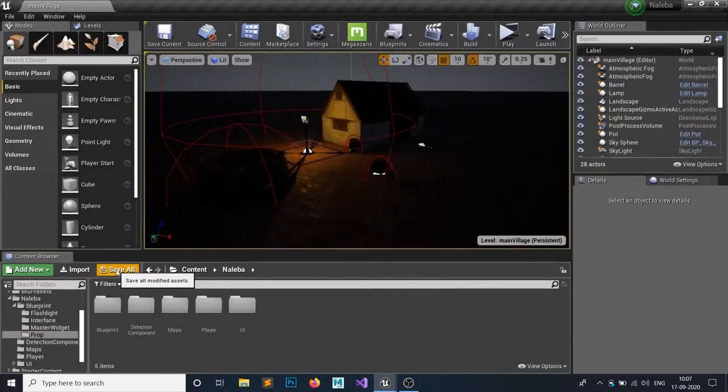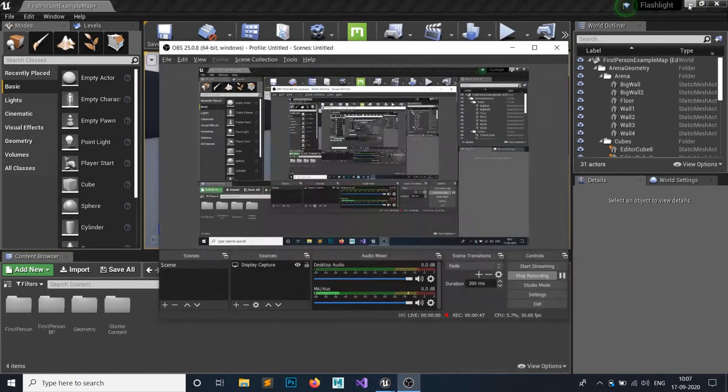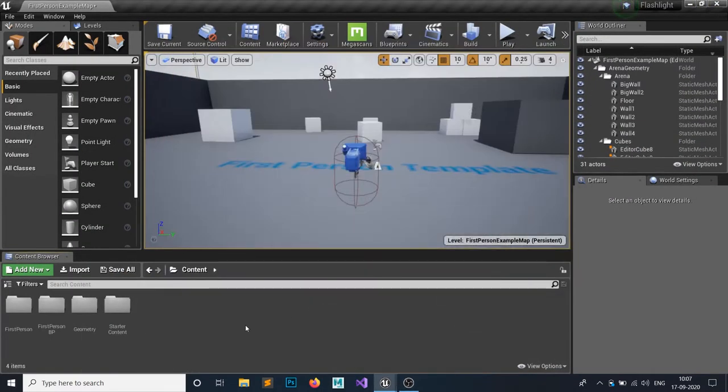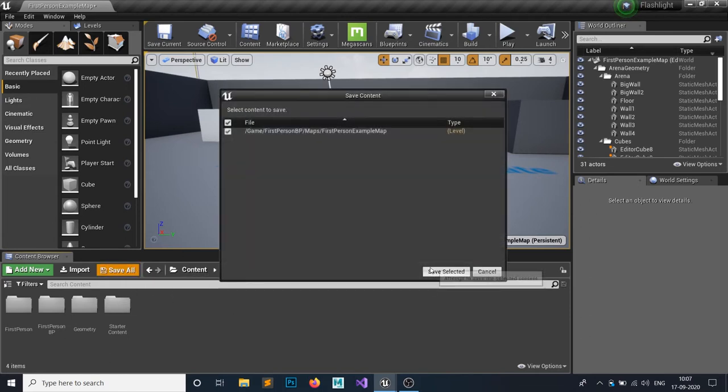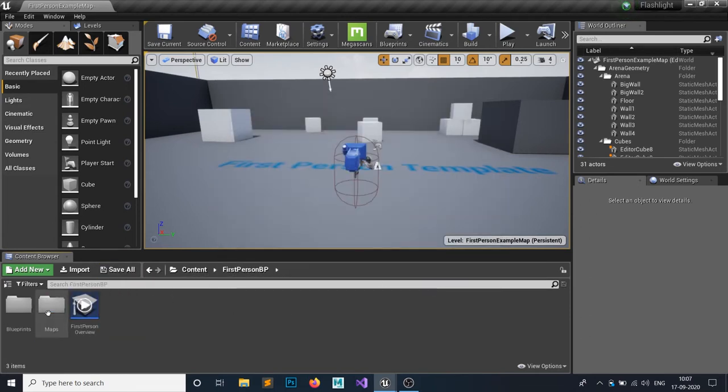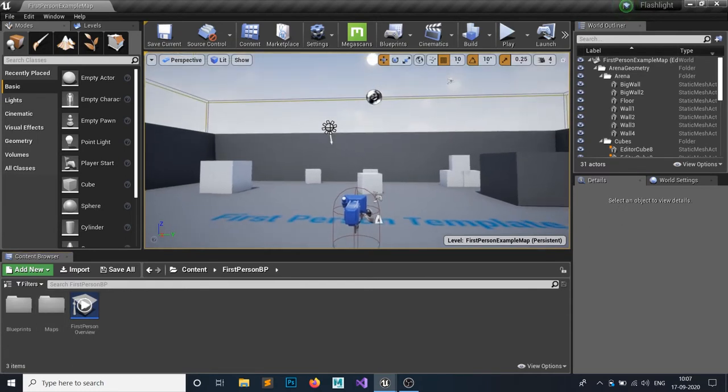So let's get started. So minimize it, and this is my first person character template. You can do this with first person or third person, it doesn't really matter, because all you want is a flashlight. If you want to use a third person, then all you need extra is a 3D model of a flashlight, right? But all the things are the same. So how are you going to do that? So let's first make a night, right?